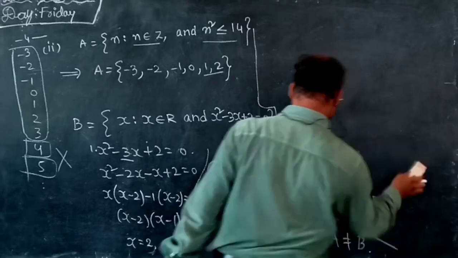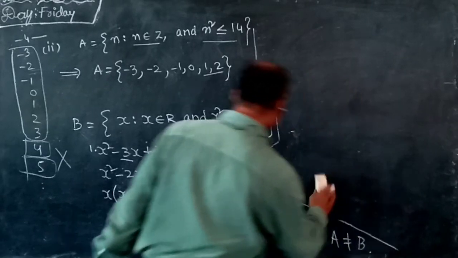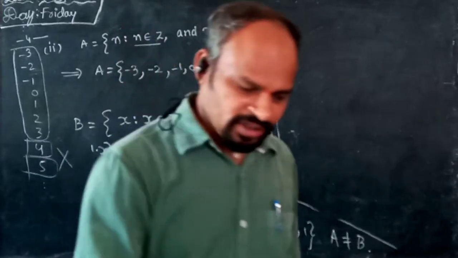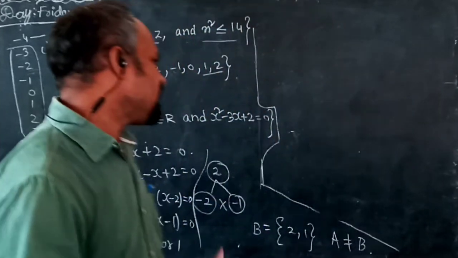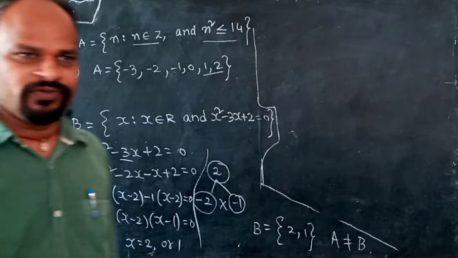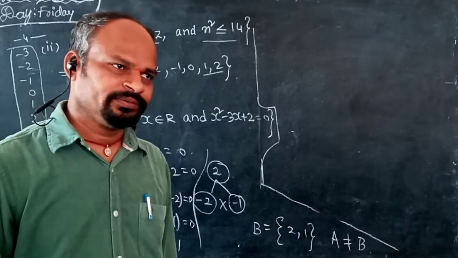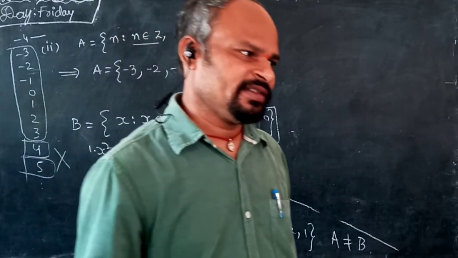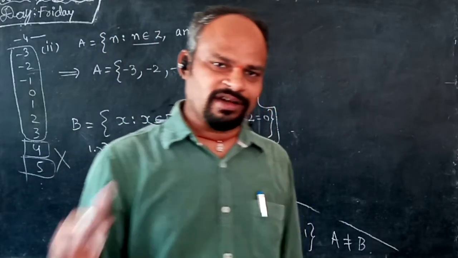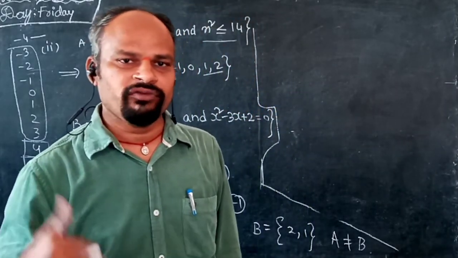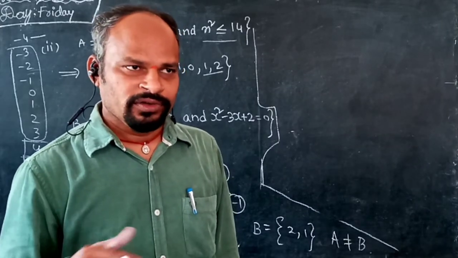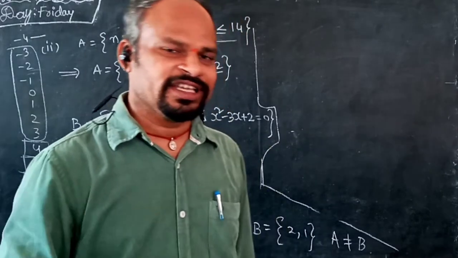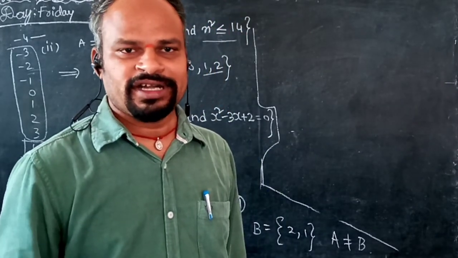It's a very easy exercise. Just before going to start exercise 1.2, what are the concepts learned before exercise 1.2? It is first null set. That means a set which consists of no elements. That is called a null set or empty set or void set, we will say. Next, a set which consists of only a single element present in that. That is called